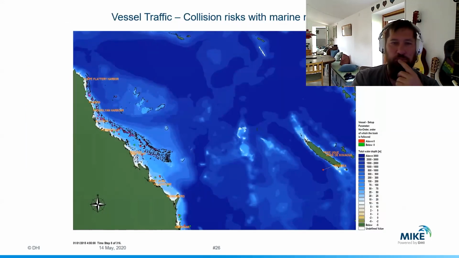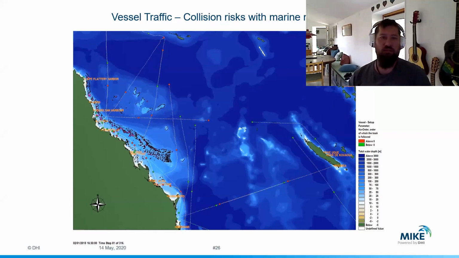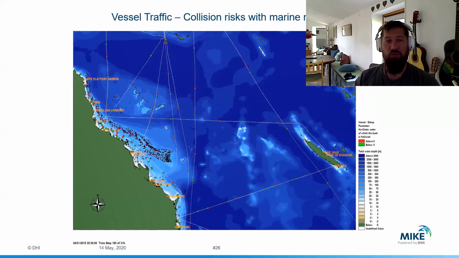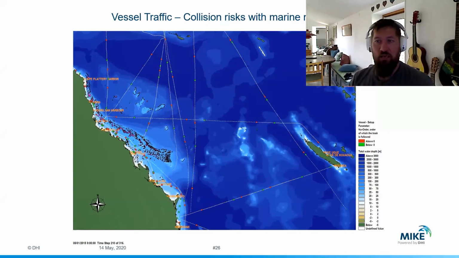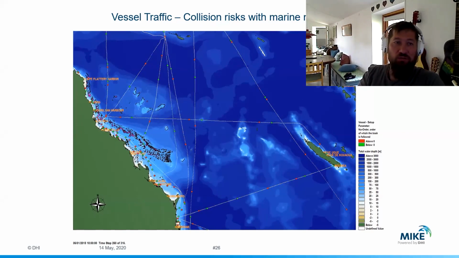Last but not least, if you want to look away from animals and more into industry, agent-based models can also be used for studies on vessel traffic, for instance. This is simulations of ocean-going vessels and ship traffic. It can be used to optimize shipping routes if you combine it with dynamic hydrodynamic modeling.